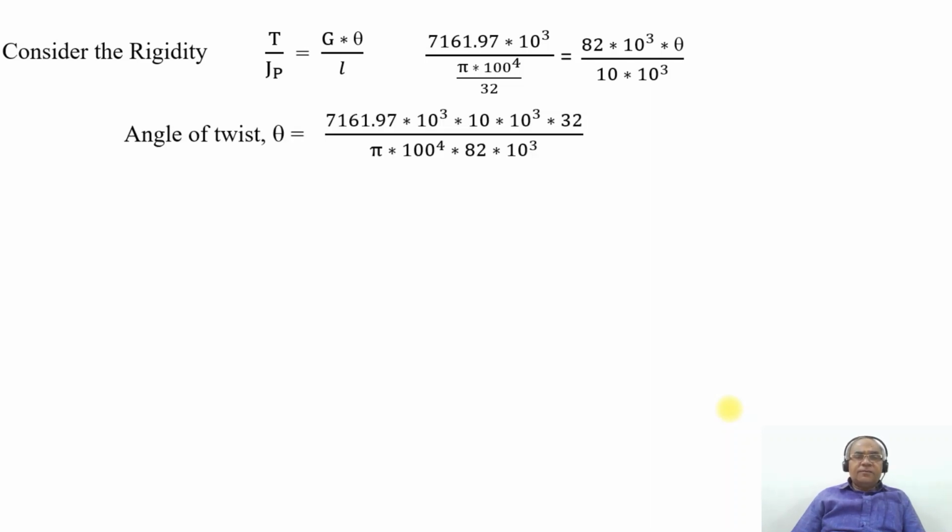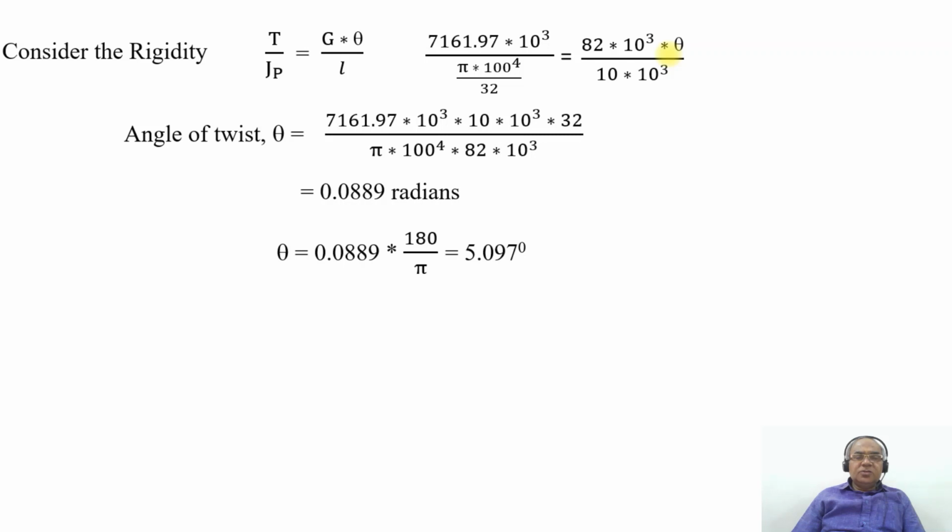Therefore, to find the angle of twist, just cross multiply: 7161.97 into 10 to the power of 3 into 10 into 10 to the power of 3 into 32, because this 32 goes to the numerator, divided by pi into 100 to the power of 4 into 82 into 10 to the power of 3. On simplification, we get theta in terms of radians, which is equal to